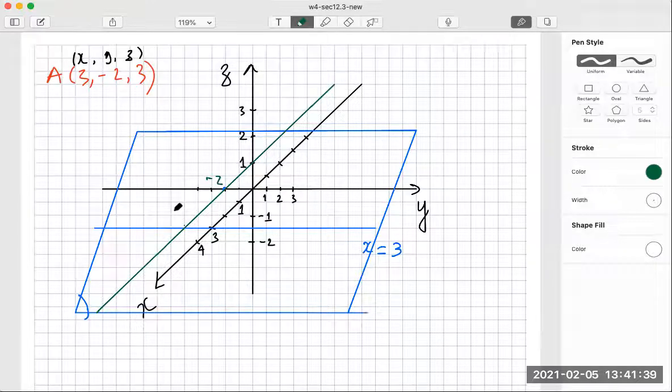But imagine that plane will be like this, right? It cuts at y is equal to -2. So the line, the blue-green line here,